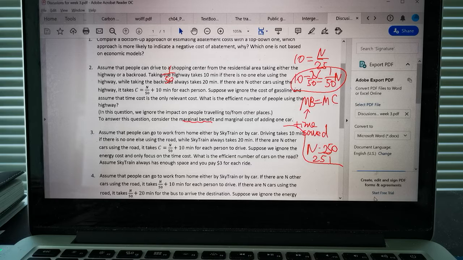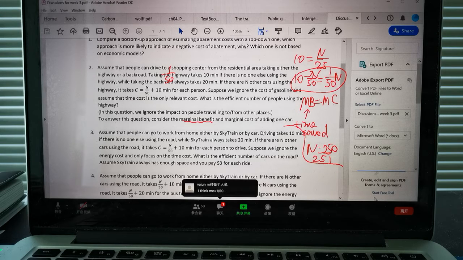So marginal benefit is how much time could be saved for that additional car if there are n cars on the highway already. Let me finish. So it takes n over 50 plus 10 minutes for the n plus